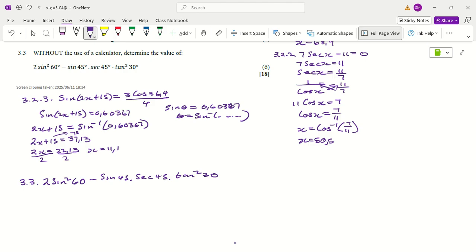So we know over here sine squared 60 is sine 60 squared, so this is going to be 2 sine